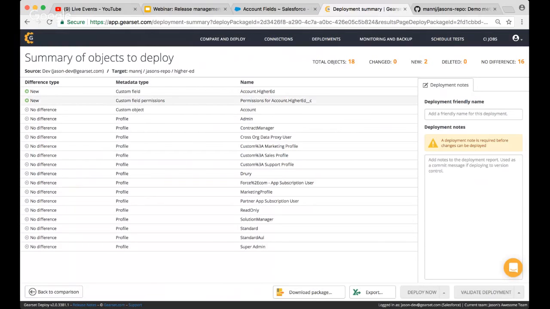What I get here is my pre-deployment summary. So I have the new field and the permissions we're going to deploy. And on the right-hand side here, I'm going to add a quick note saying, add new field to accounts. Now this summary deployment note here is stored in the deployment history in the app, so you can track what change was pushed. And in this case, because we're pushing into a Git repository, this actually becomes my commit message within the repository itself. There's a few other options you can do here, such as downloading the package, exporting this to Excel, but I'm just going to go straight to deploy for now to keep this nice and simple